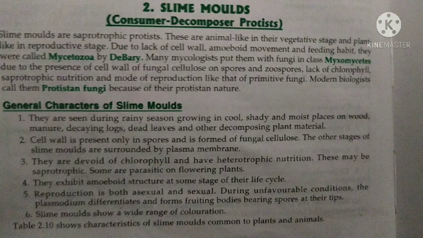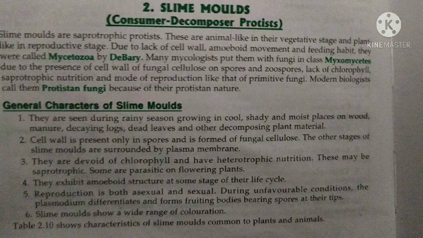So only two general characteristics you have to learn under slime molds. The first important character that we have just discussed is that they show animal-like behavior in their vegetative phase and plant-like behavior in their reproductive phase. Then another important feature is that they reproduce by means of spores, and these spores are produced in a sac-like structure known as sporangium. The slime molds may be colorless, or of various colors like yellow, orange and brown. Their nutrition is holocarpic.